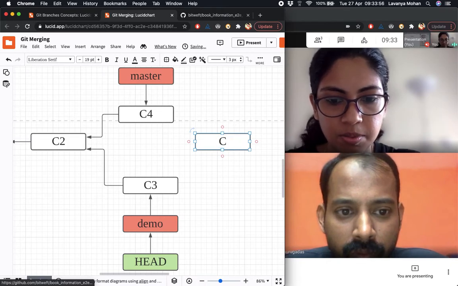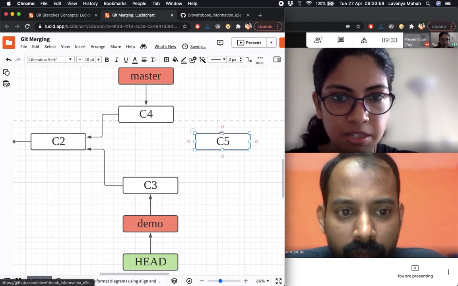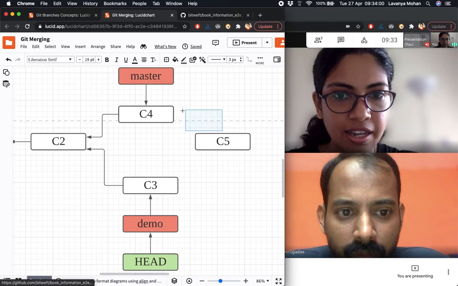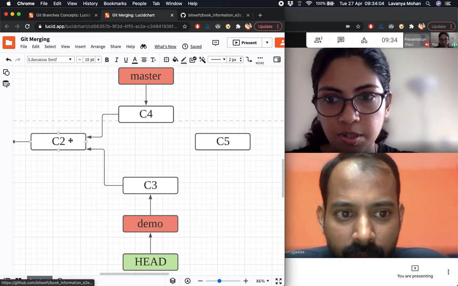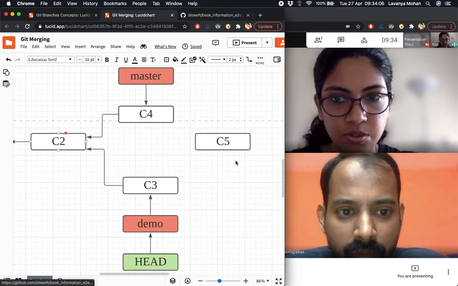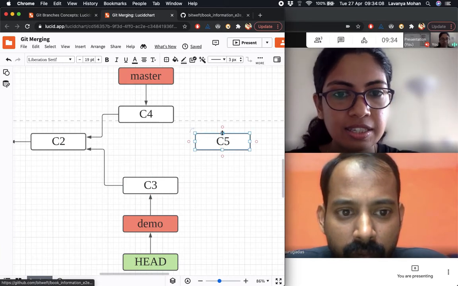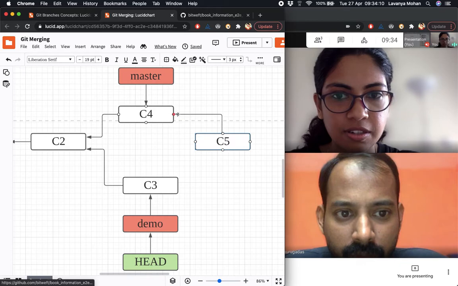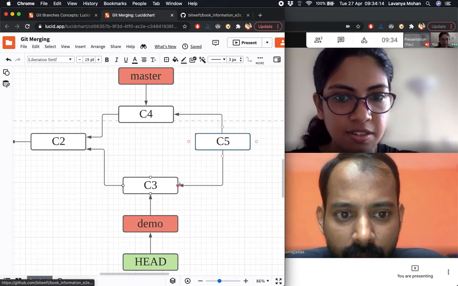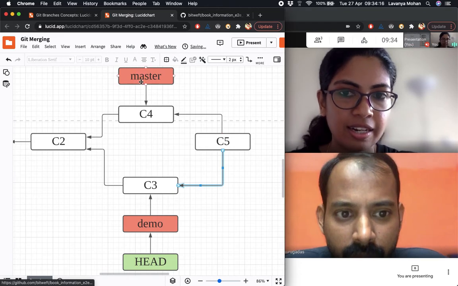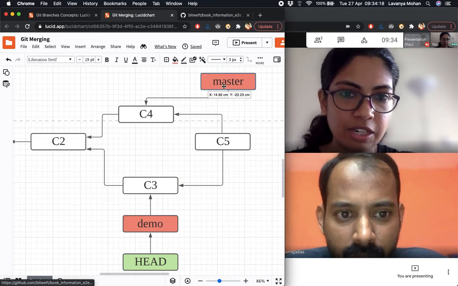So this would become, let's say, C5, which is a merge commit, and it has two parents. For example, C4 has just one parent, which is C2. This also has just one parent, but this creates a new commit, called a merge commit, which has two parents, both of these, and our head and everything will now start pointing to C5.